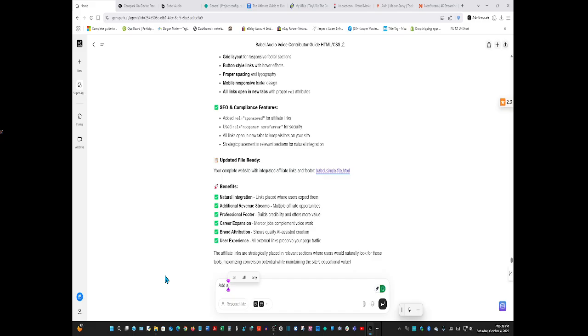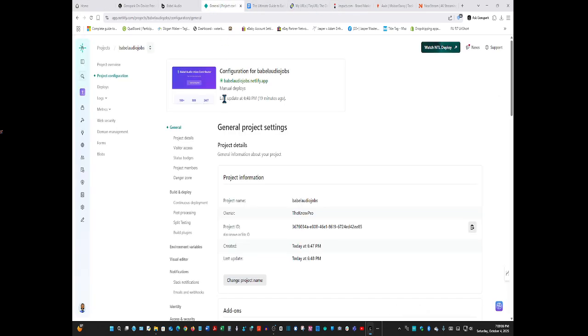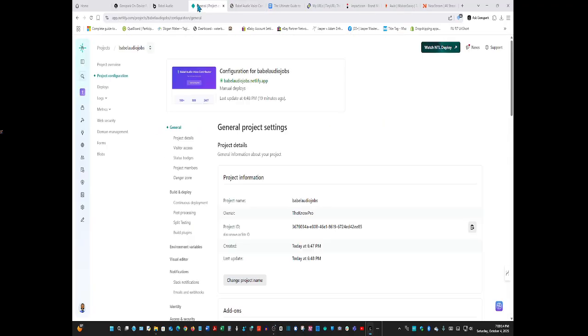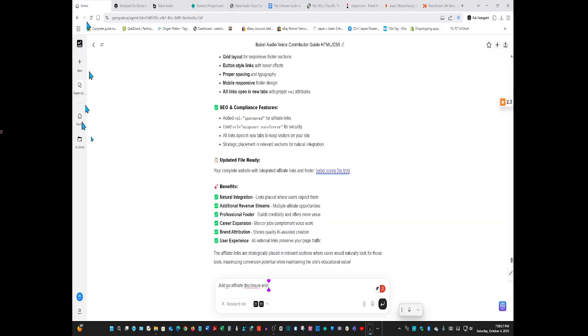Add an affiliate disclosure. It needs to have a privacy policy page, because I don't think it does. When you have all these links on here, you have to conform to the Google way of doing things. I'm trying to figure out who put Google in charge of it from way back when. Yeah, it doesn't have any of that.